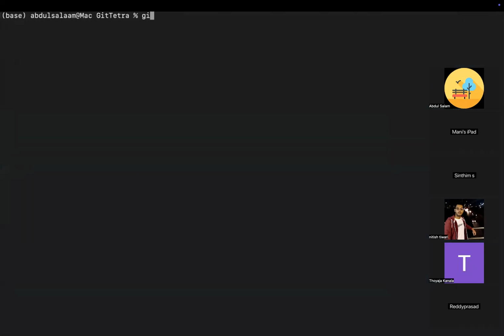Clear. Let's see, if you want to check in which branch you are, it is saying in green, hey, you are in branch main. For you guys, this won't be visible because I have created it. So to create a branch, just give git checkout. Checkout in the sense switch into that. You don't have any branches to switch, so create one. To create branches, give git checkout hyphen b